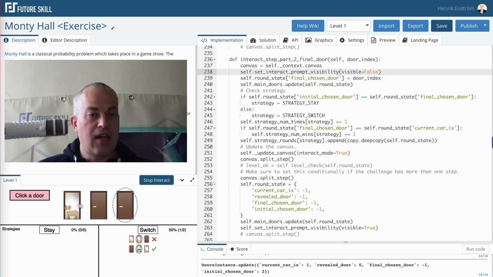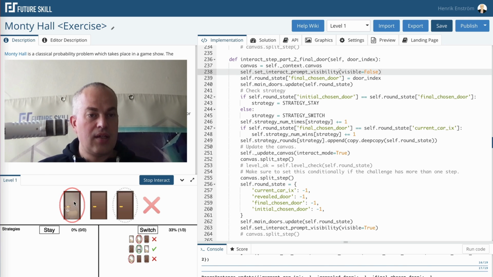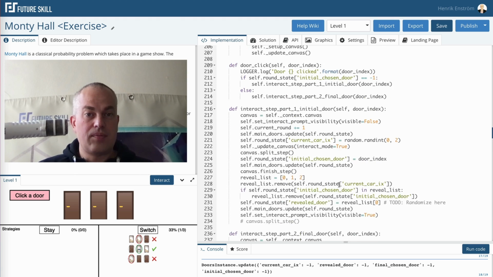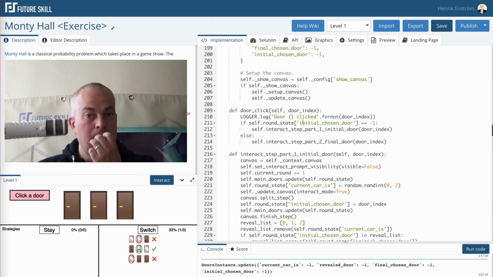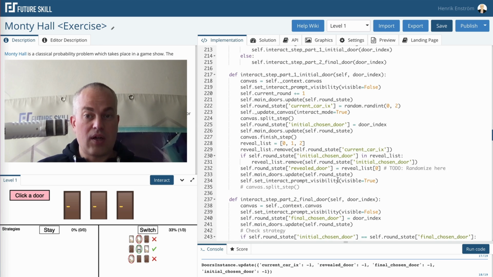We probably shouldn't allow someone to click this one, the reveal door. That's not really following any strategy, so it will mess up the statistics. So how do we do that? Maybe here, just to say that if the reveal door is not -1,